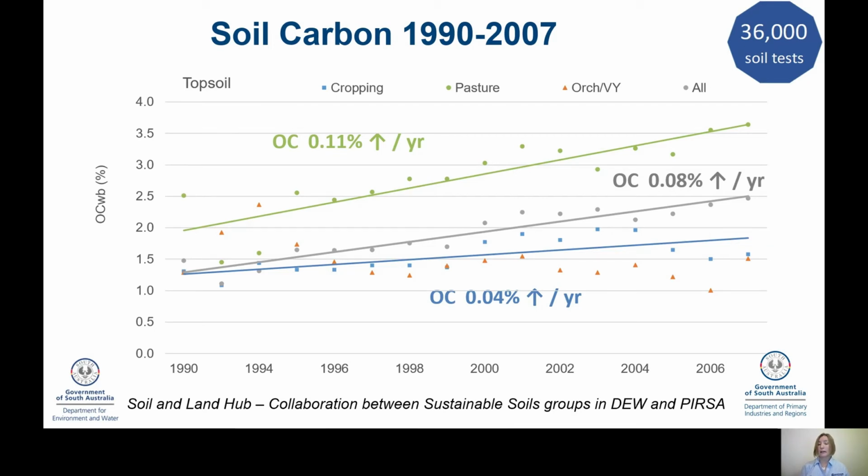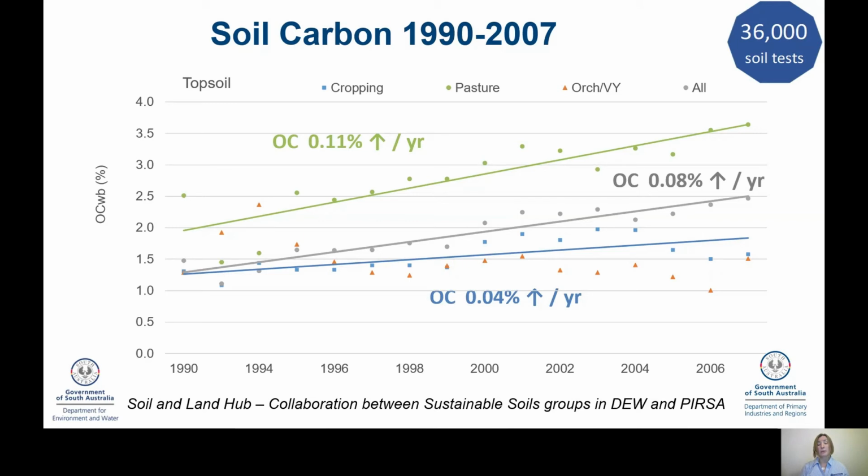We often hear that our agricultural systems are decreasing soil carbon. And that has definitely been true from past history. From when we converted the native soil, we did get a decrease in carbon. But from the management practices that we have been installing since 1990, we can show a slight general increase in carbon over time, up until 2007. Unfortunately, we don't have any data as yet from 2007 to now about what has been happening since then. But if we use these values, we can show some kind of positive trend.